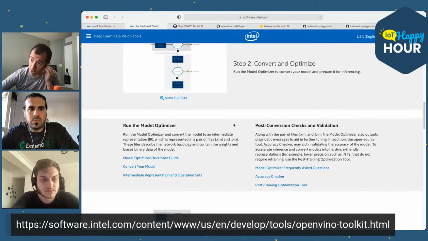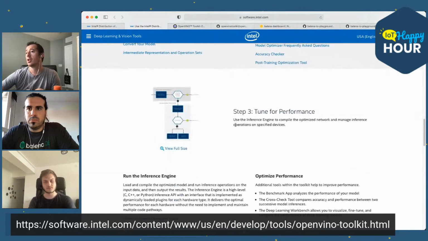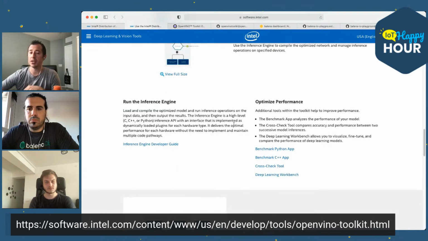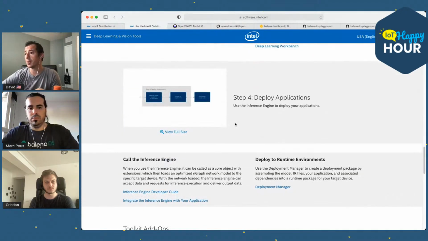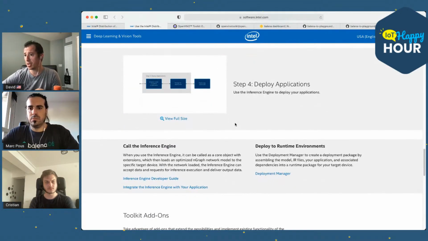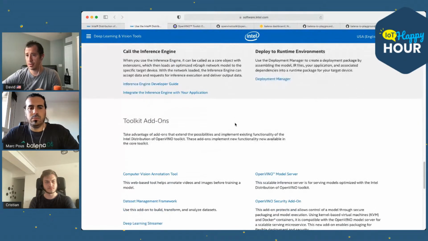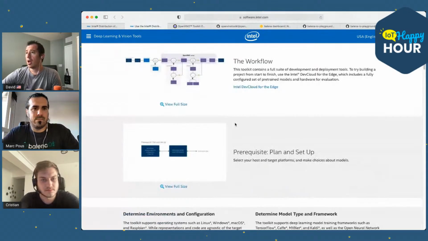So this is preparing your model, getting it ready to run on the target hardware, tuning for performance, knowing a little bit about where the model's going to end up. But like you said, the scaling factor is pretty much solved for, and then deploying. Anything else there, Christian? No, I think we covered most of it. Okay.